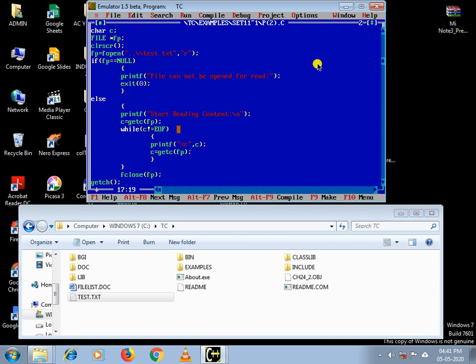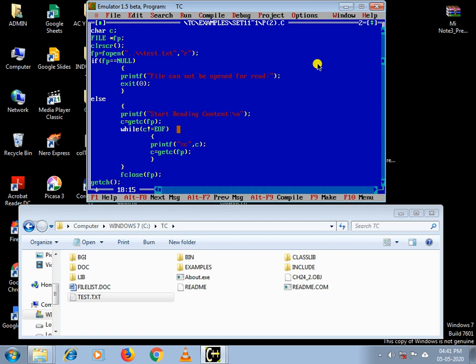So this variable c contains each and every character of that file, and before entering this while loop we are comparing the character we have read from the file stream with the end of file character.